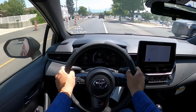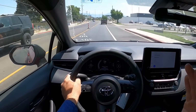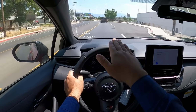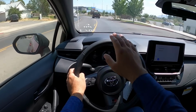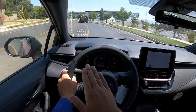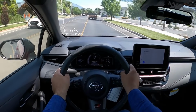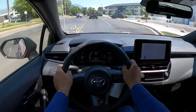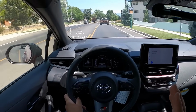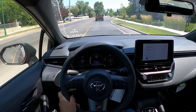Sorry about that. I am definitely going to cut out that part of the video because it's not YouTube appropriate. Literally, I get out into the line of traffic, and this person had their turn signal on for a left-hand turn. They literally just randomly, without any turn signal indication, decided, oh, I'm going to go back into the lane, and almost hit right into me. Typical Utah. I wouldn't have been so upset if I was in my car, because I'd think, okay, whatever, we'll figure it out under insurance,